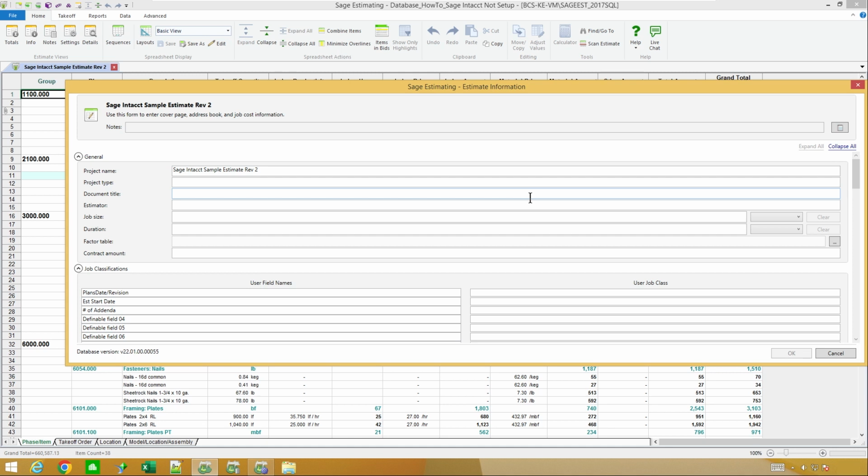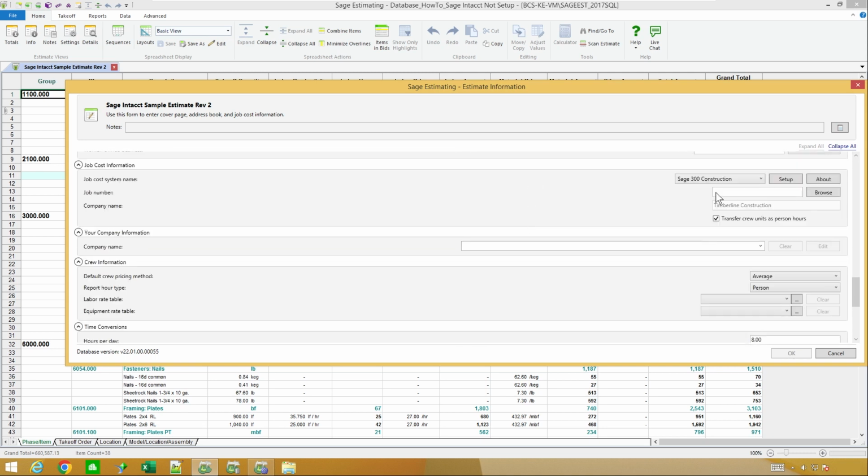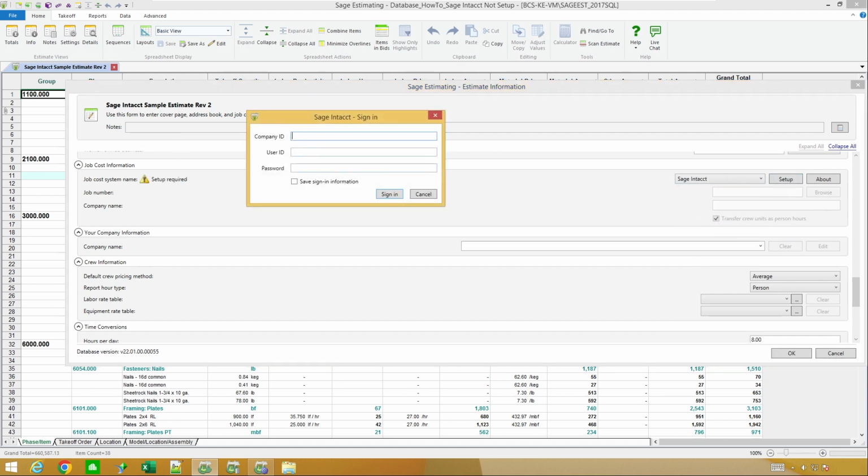Since I created this estimate prior to that being changed in my database, if I take a look at this estimate, it's still going to have the incorrect information. So I'm going to go off and change the estimate just about like what we just did for the database.